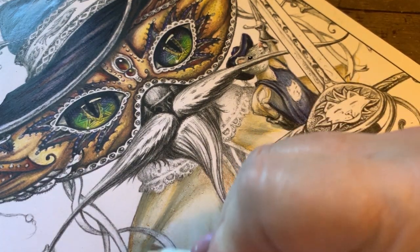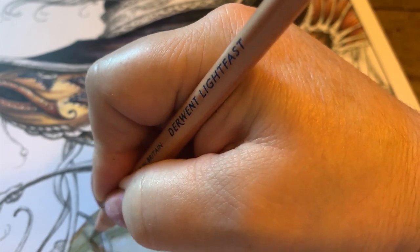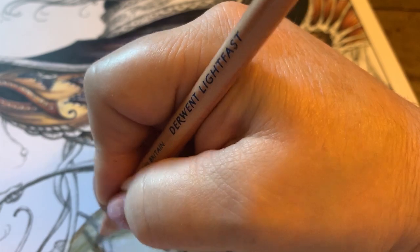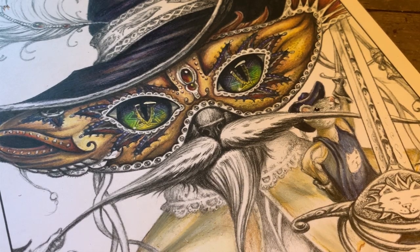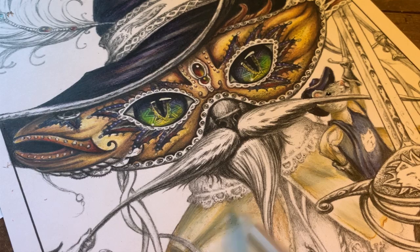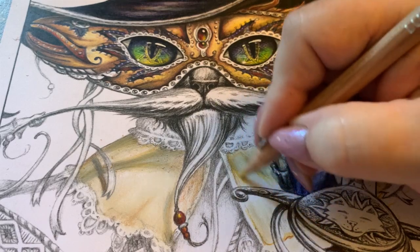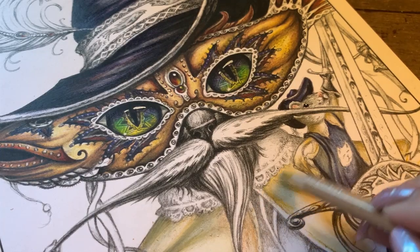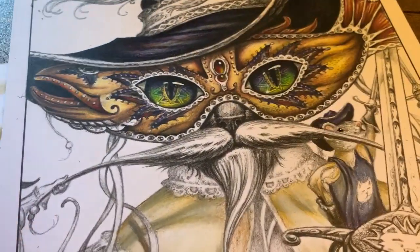Can't forget our shadow is in there, but we can add it in with the gray tone here. That's the shadow for the ribbon. Okay, we're going to go back over that with the yellow ochre. Just lightly over where we put the white, and that should brighten that up a little bit. Okay, so I'll keep playing with that to get it the way I want it